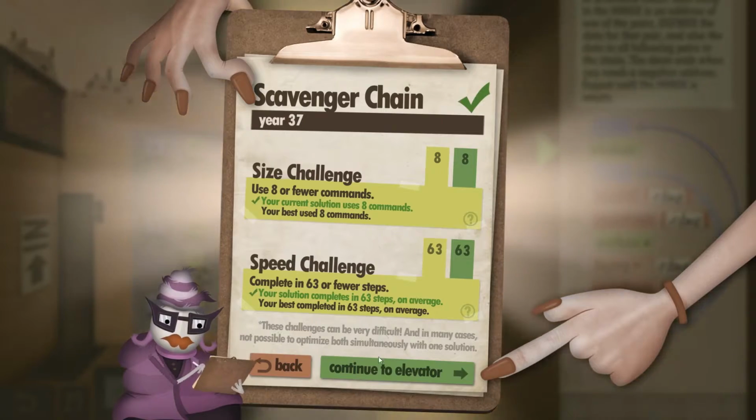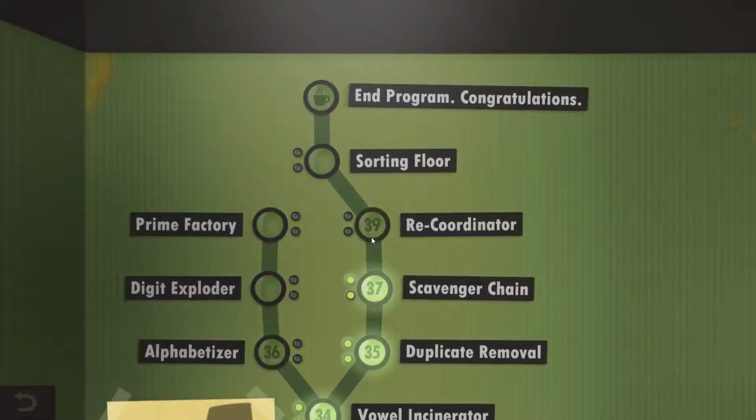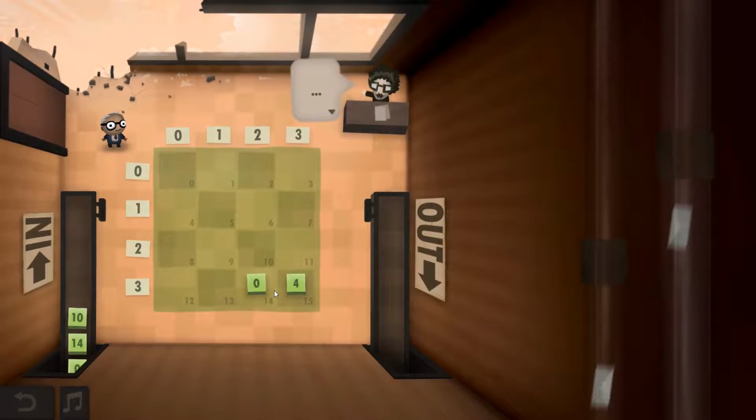Do I want to look at the next one? I want to look at the next one. Of course I want to look at the next one. Recoordinator. Oh,